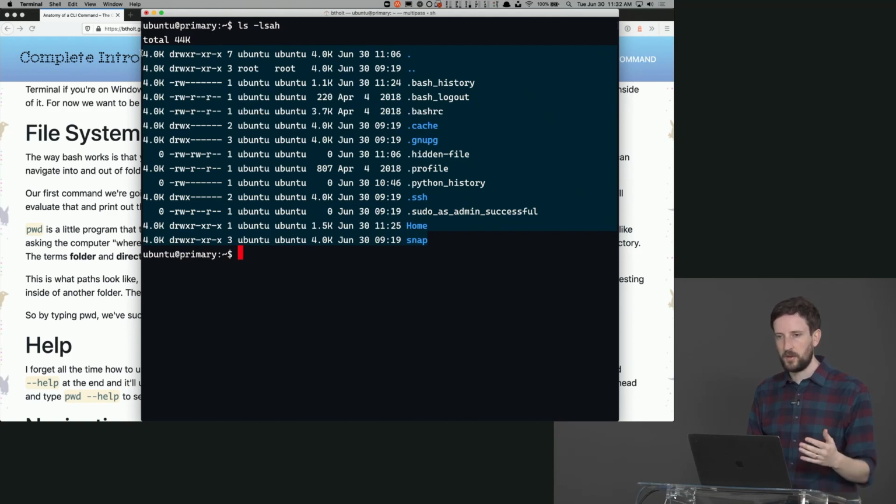Copy and paste on Windows is Control C, right? And so Control C means something totally different on the terminal. So the normal way that you would copy and paste doesn't work. So you actually have to do Control Shift C and Control Shift V. And that's to disambiguate it from what Control C and Control V mean, which is something totally different in the